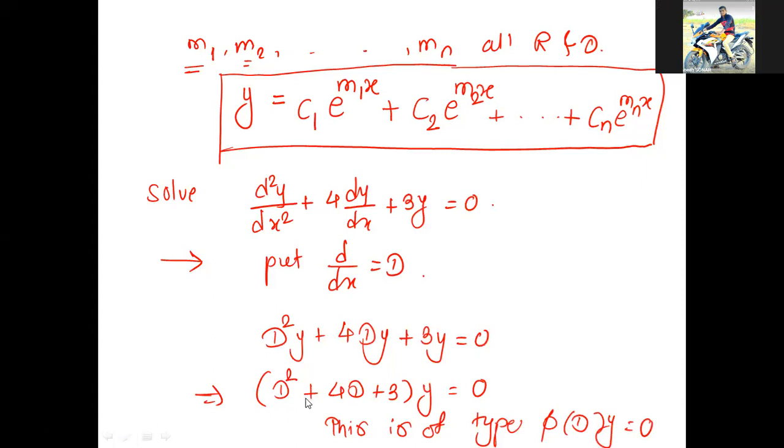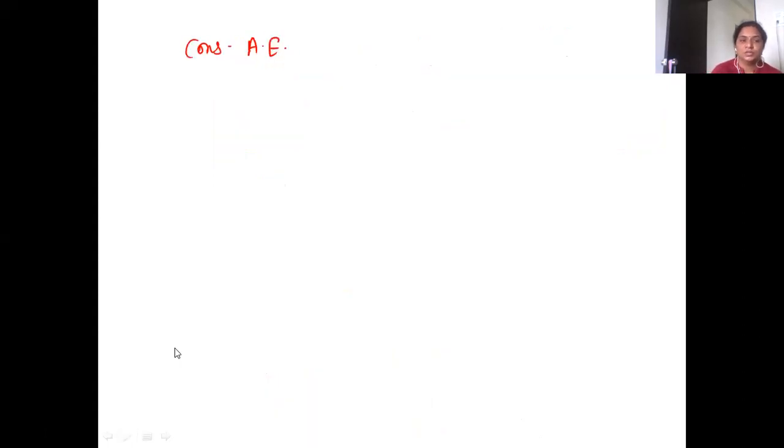5d is equal to 0. What is 5d? This is our 5d: d square plus 4d plus 3. You have to consider it. So consider d square plus 4d plus 3 equal to 0. Now your main job is to find out the roots. Roots काढायचे आहेत आपल्याला. There are various ways to find the roots, if you remember.